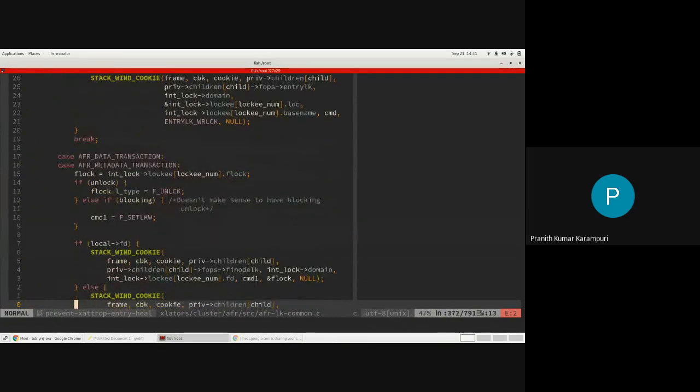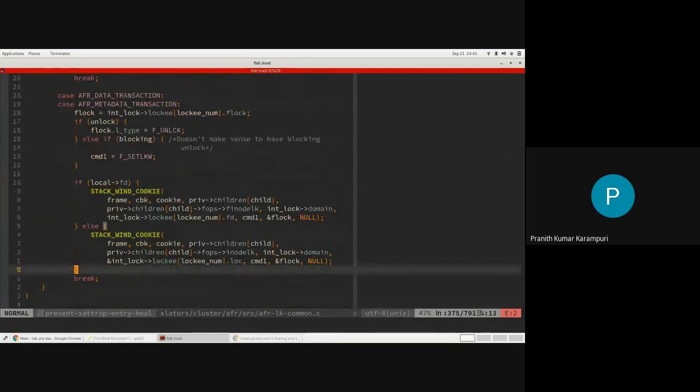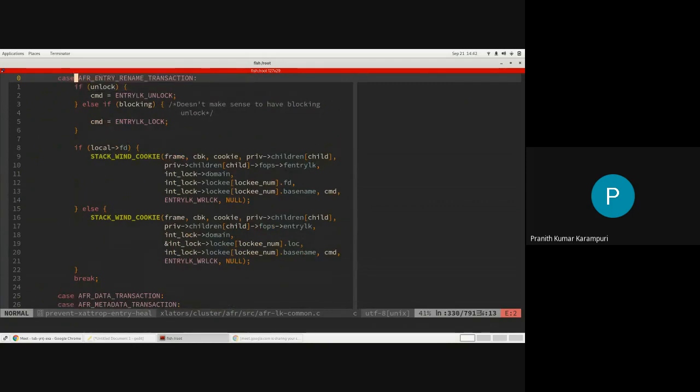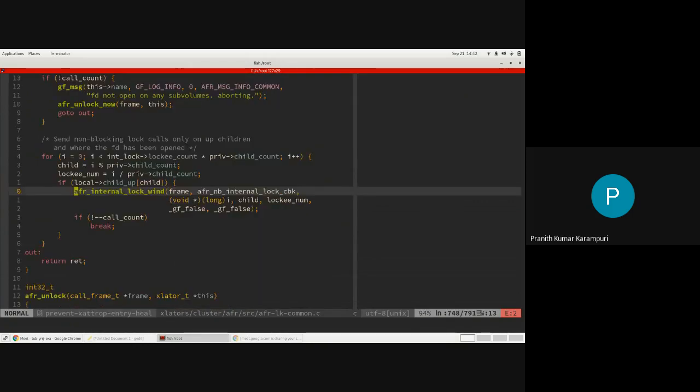If it is data or metadata, it will do inode lock, and if it is entry, it will do entry lock. The entry transaction or rename transaction will do entry locks. Again, everything will be call and callback.